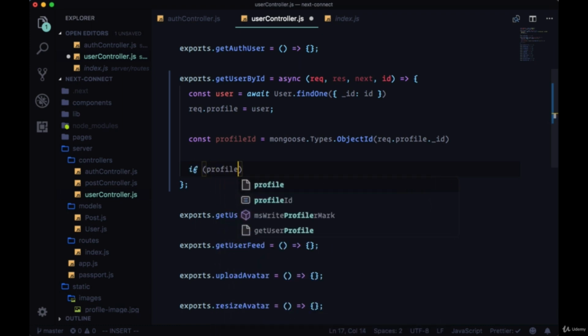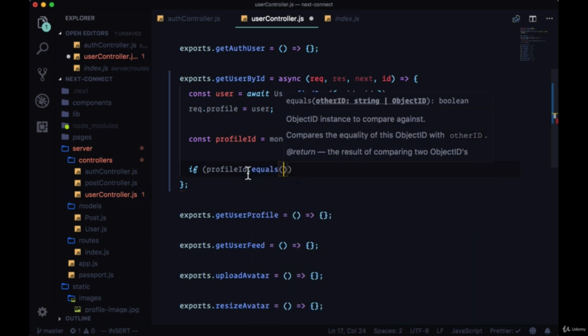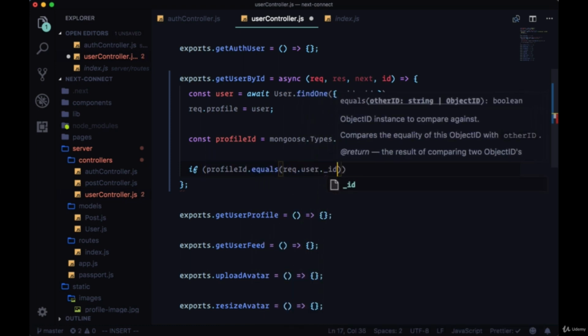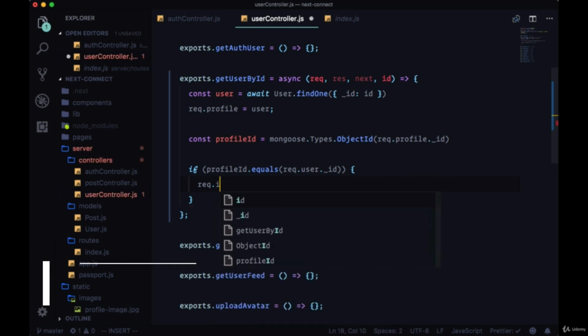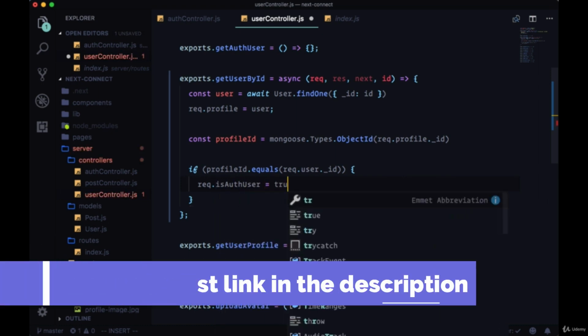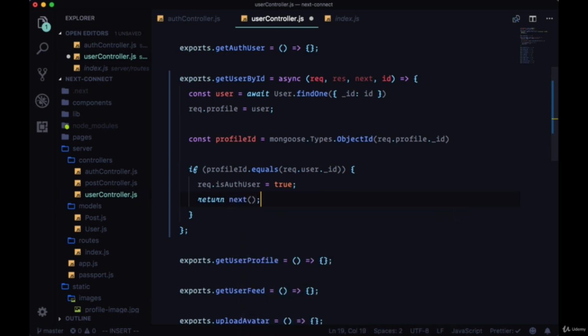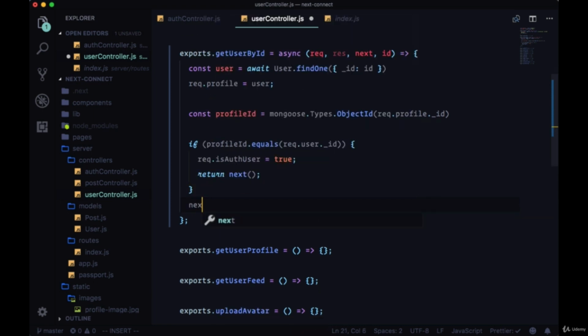So we can say if profileId.equals, it exposes this equals method, req.user._id, our currently authenticated user, we can put on the request this isAuthUser flag set to true. And from here we can return next. Otherwise, if we just have any user that's not the same as the one that's authenticated, we'll skip over this conditional and just return next without setting isAuthUser to anything. So for example, getUserByID is especially important if we're doing something of great significance like deleting our account. So if we look at our routes again,